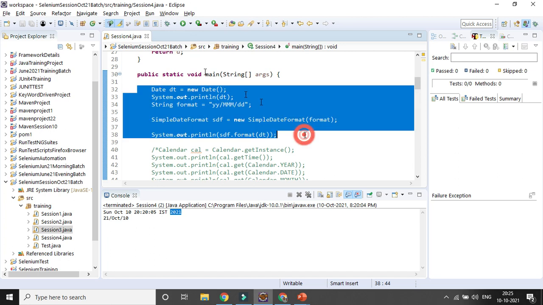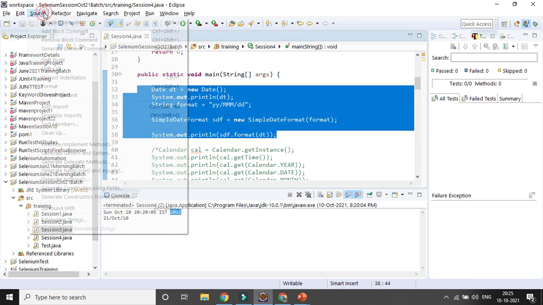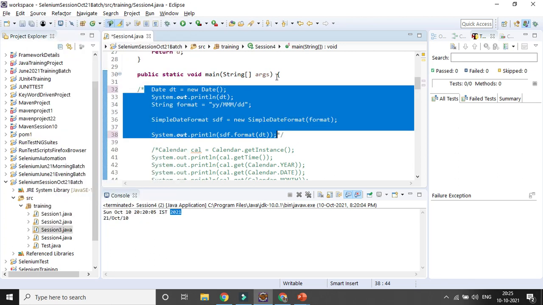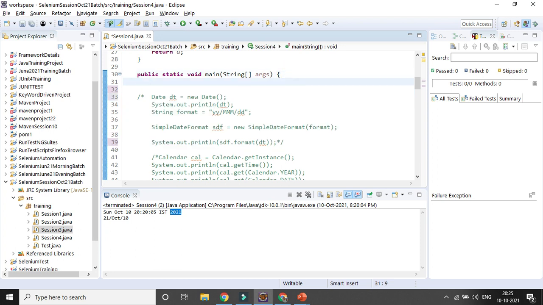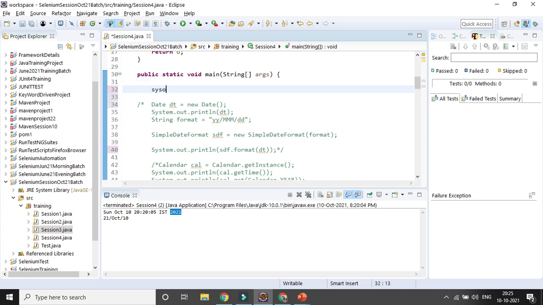So why do we need to handle the exception? In case we are not handling the exception, what will happen? Suppose I am writing a line of code here.